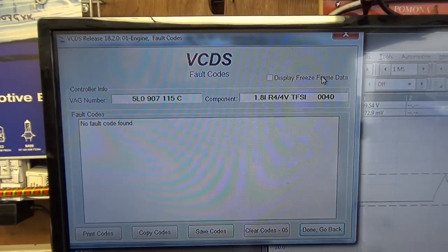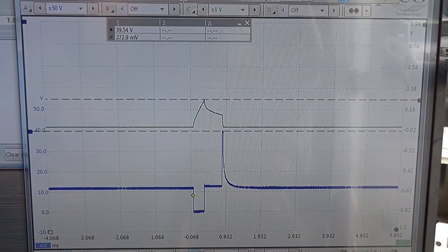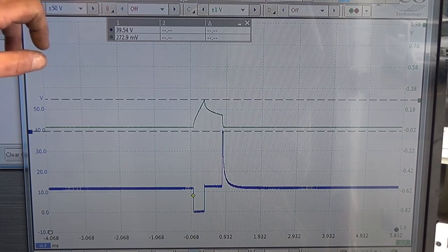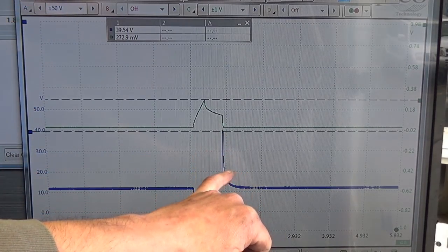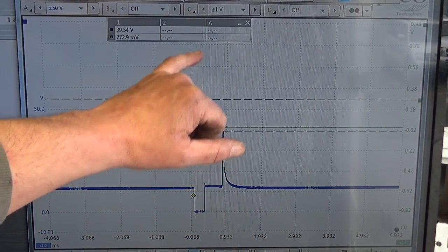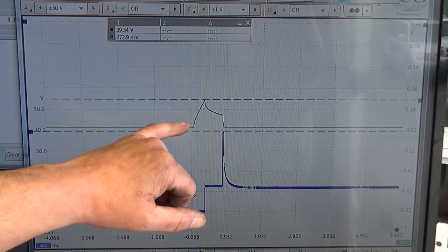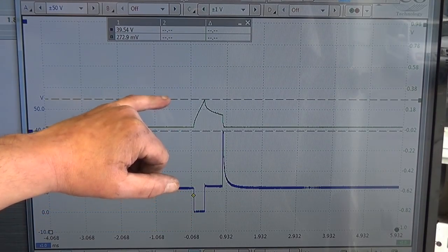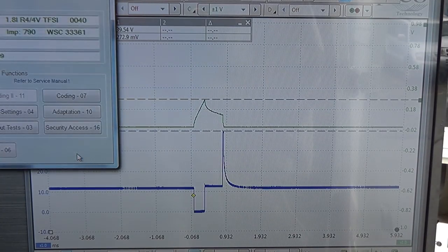And we've got the key on now at the minute. There's no codes logged. If we look at the scope settings, we've got it on a 10 millisecond time frame, channel A on a 50 volt scale because we've got an inductive kick off this solenoid, which I'm really not sure we should have. And we've got channel C on a 1 volt setting. It's 100 millivolts per amp. So at the moment we're pulling about 2.72 amps, 2.73 amps. And the duty cycle at the minute, if we go back,